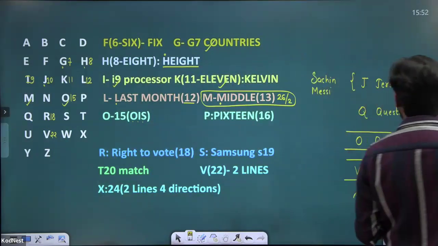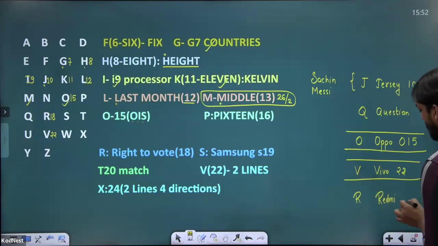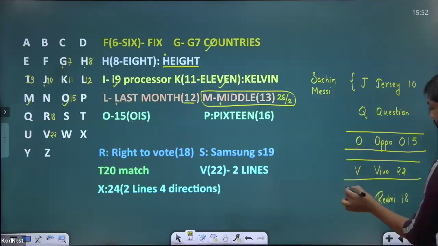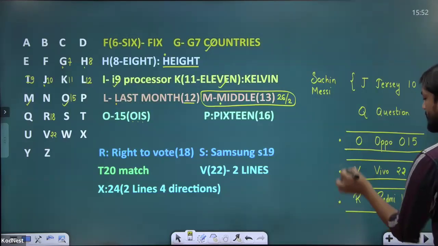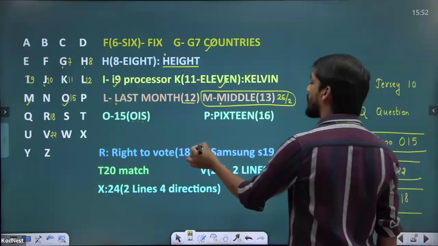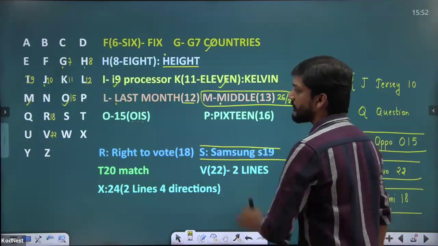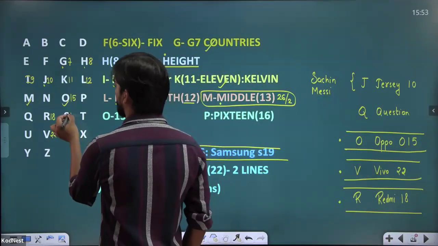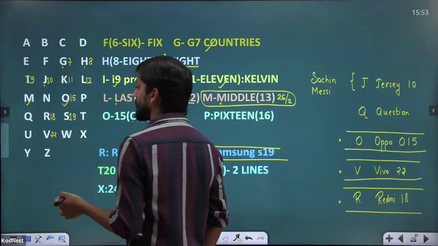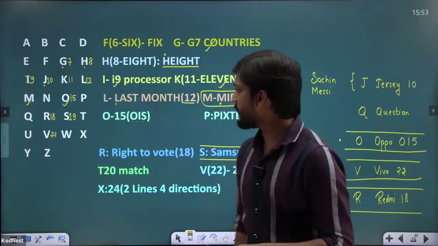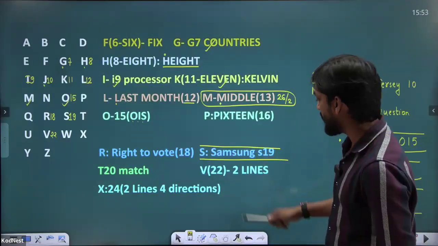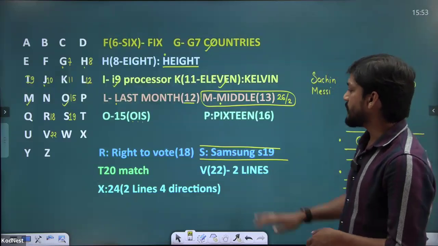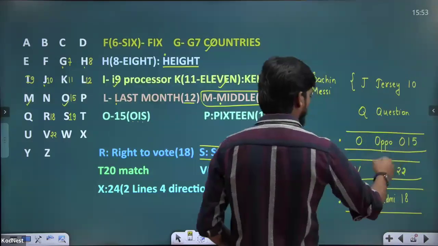I don't know whether it is a model or not in reality, but for the sake of memorizing, we will take this Redmi 18. So these are 1, 2, and 3. These three models and the Samsung model S19, these four models we will take. If we take more than this, we'll be confused. Sometimes we might think Oppo O19, so we might be confused if we take too many models. So Samsung S19, Oppo O15, Vivo V22,